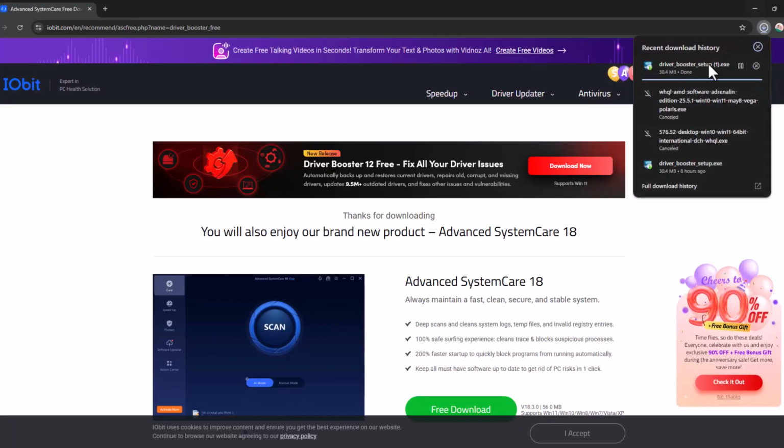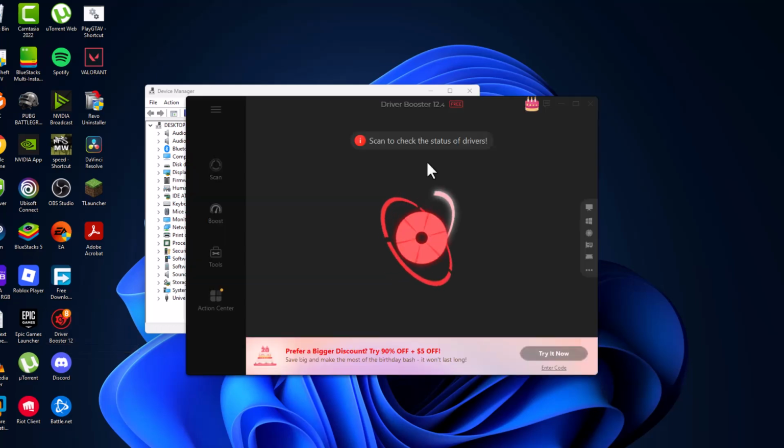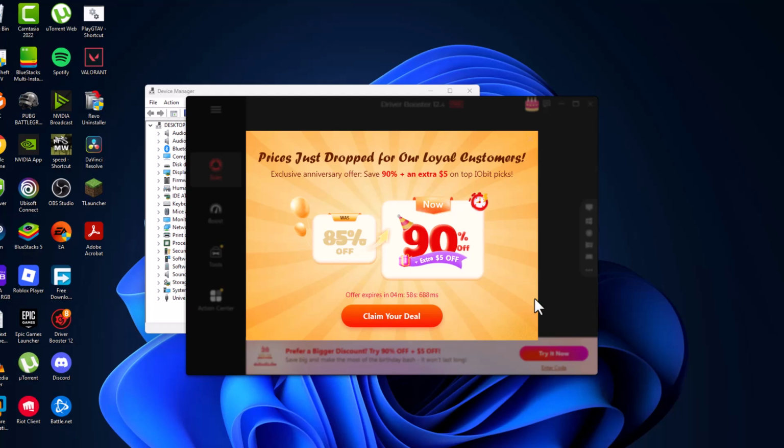After the download is done, click on it and start the installation. After the install is done, open the driver booster software. This is totally free to use guys as it shows. And now